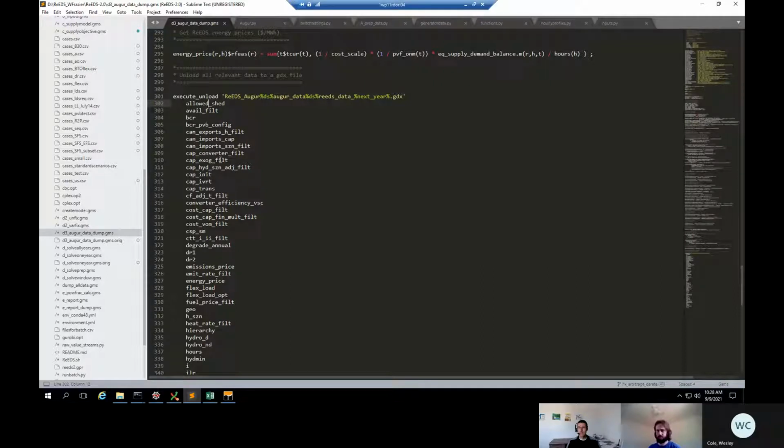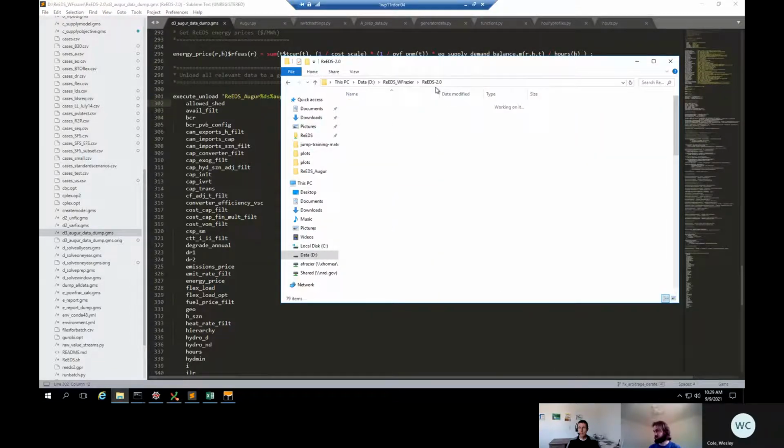For example, you could be using the water cooling capability that ReEDS has, or some of the climate capabilities. They change the technologies a little bit, and some of the other data structure in ReEDS, and so to make sure all of that is reflected properly in Augur automatically,